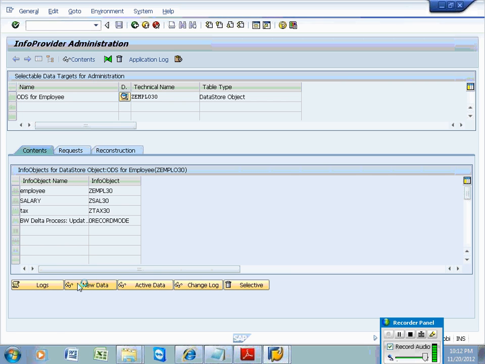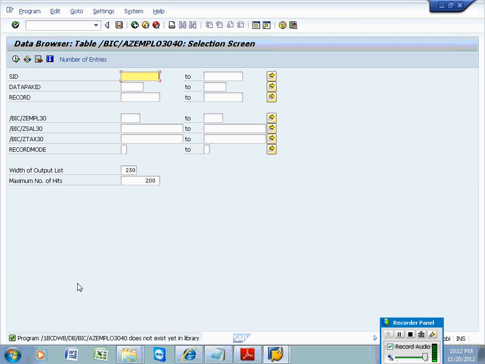If you click on the new data table, it will have just like your CSV structure. So in the CSV you can see the request ID, data packet ID and record ID, and apart from that, you can see three data fields. These are the three.